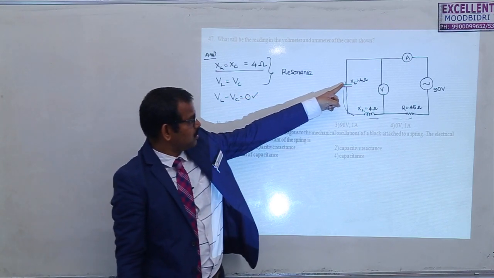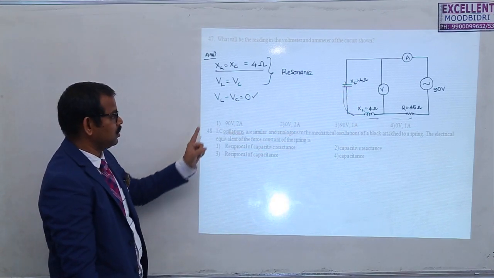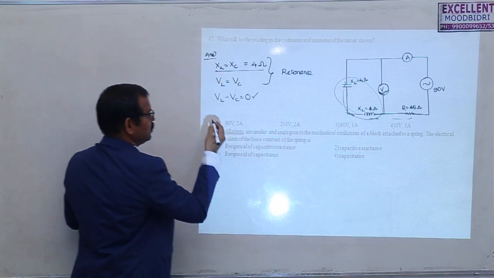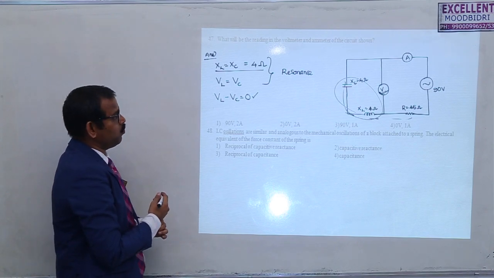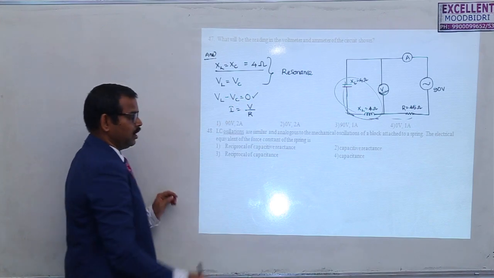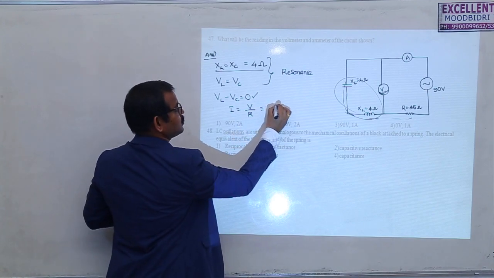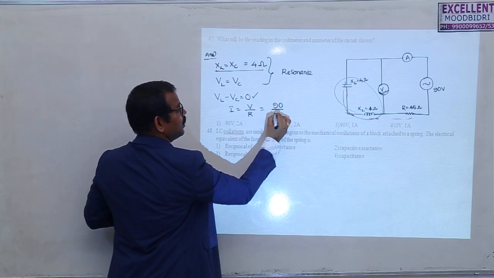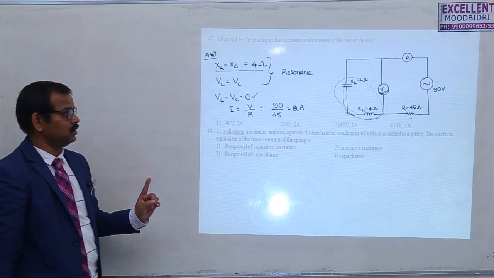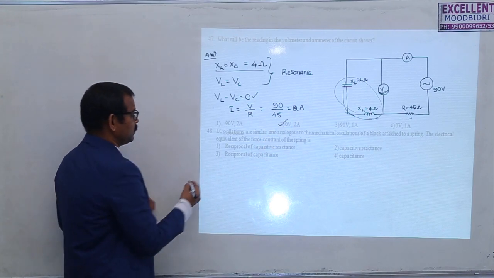Now, as the voltages across these two are opposite to each other, the voltage across this combination, measured by this voltmeter, is equal to 0. Now what is the reading of the ammeter? That is I is equal to V by only R. At resonance, the circuit acts as a pure resistor circuit. The voltage applied is 90 volts and resistance is 45 ohms. So this is 2 amperes. So the correct answer is the voltmeter reading is 0, the ammeter reading is 2 amperes.